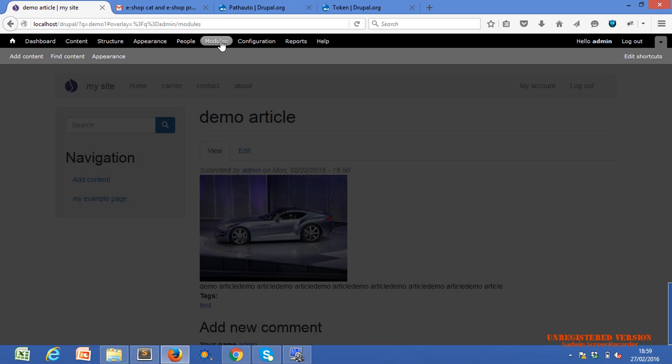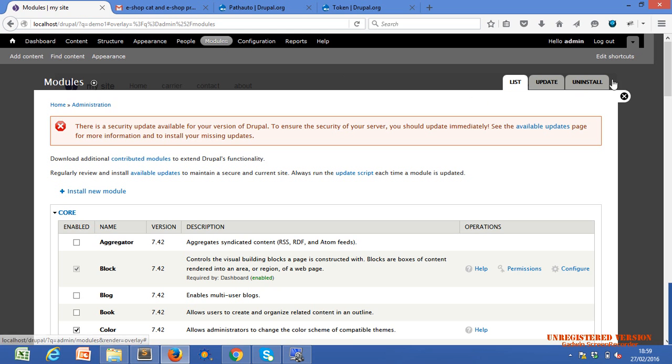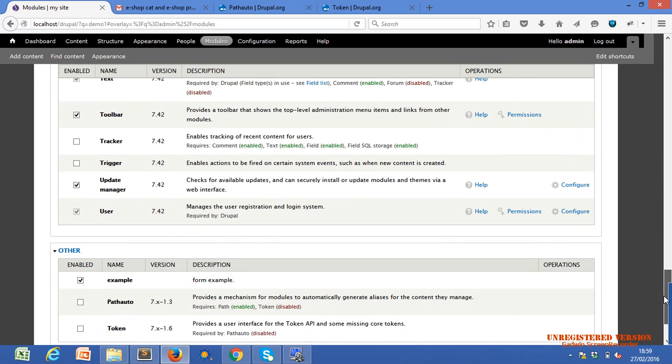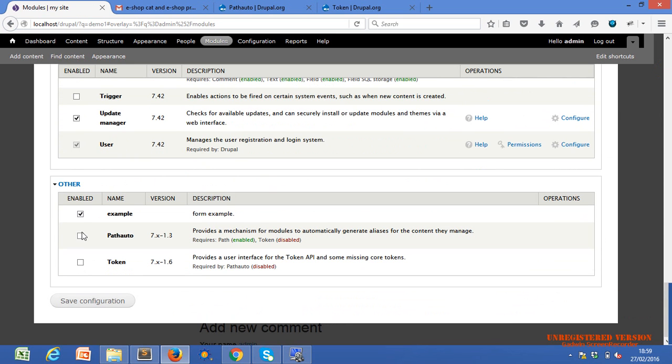Just check those checkboxes. We have to enable them. Path requires token enabled. It is showing that it is disabled right now. Just click on save configuration.